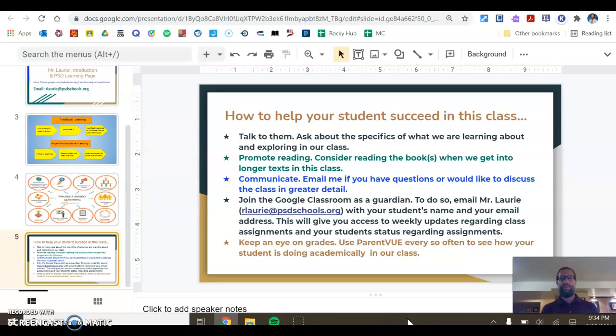And then, of course, the more specific one would be parent views. So you can go on there to keep an eye on the grade regularly. Certainly something I would recommend that you don't obsess over, because it can lead to extra stress. But certainly keep an eye on things to see if there's any alarming situations. And, of course, that's also my responsibility. If a student's grade drops and they're missing assignments, that's time for me to call home. So that's also when I would be calling to check in. That also has to do with absences and stuff like that.